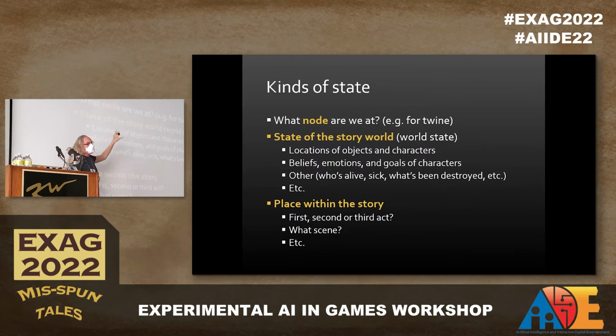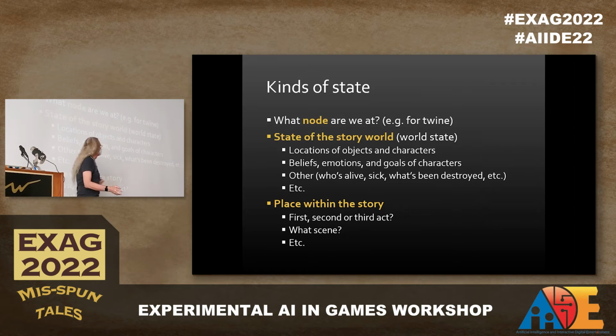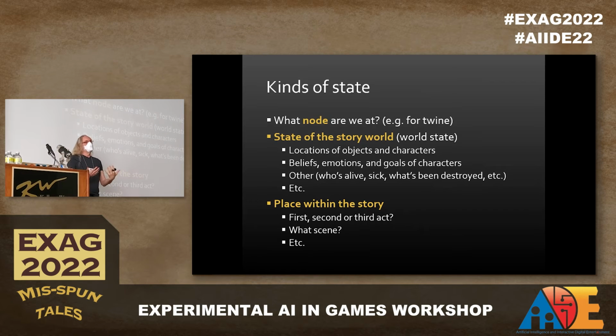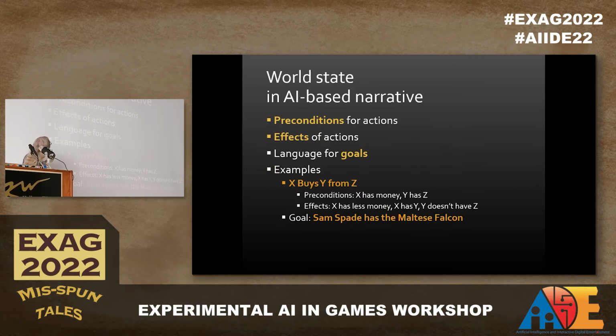So state here can mean lots of different things. If it's a Twine game, then it's just what node are you in the graph. If you're doing more of an AI planning-based system, then maybe you have a much more elaborate state representation with state variables that affect what action preconditions are satisfied and they're changed by effects and so on. And then sometimes there's also just state, which is some systems keep track of which scene you're in, and